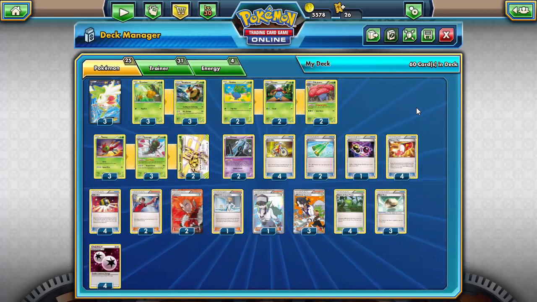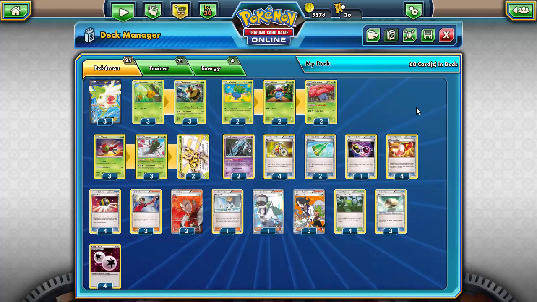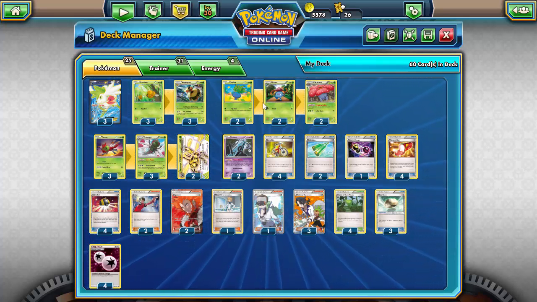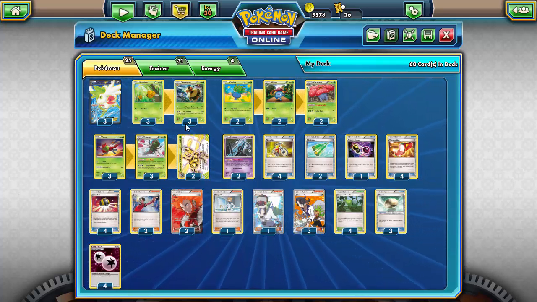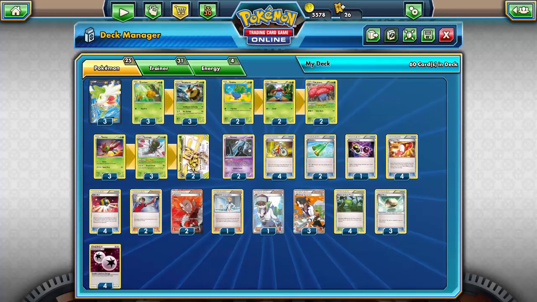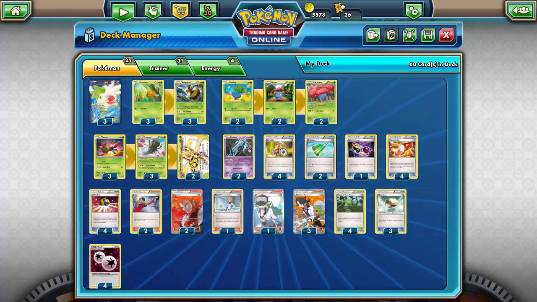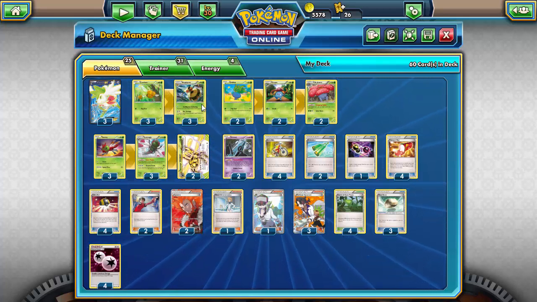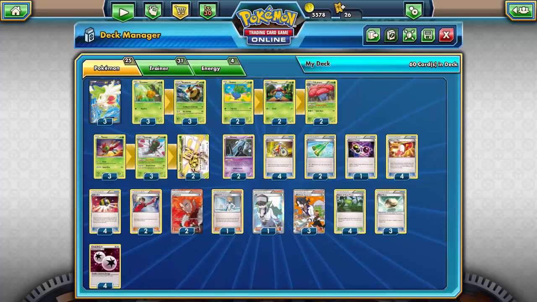Let's be real, any deck that's around an item lock is not a cool deck and cannot be considered cool by any stretch of the imagination. But anyway, Vespiquen Vileplume was a very successful deck. And then at Worlds, I believe it was Seniors, we saw a Vespiquen Yanmega Break deck win the Senior World Championships. So obviously all these guys have good combinations, but in this deck I'm trying to throw all three of them together,